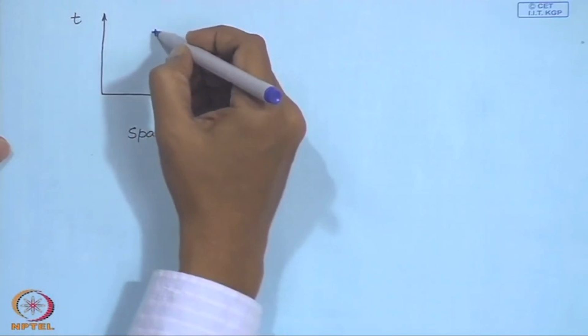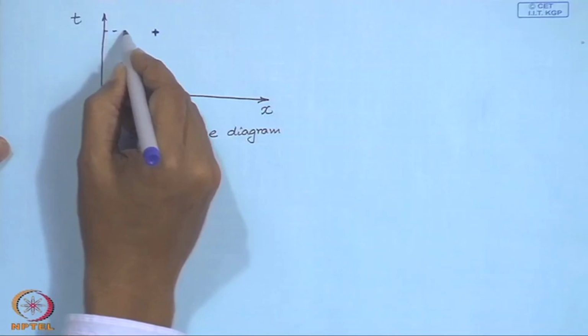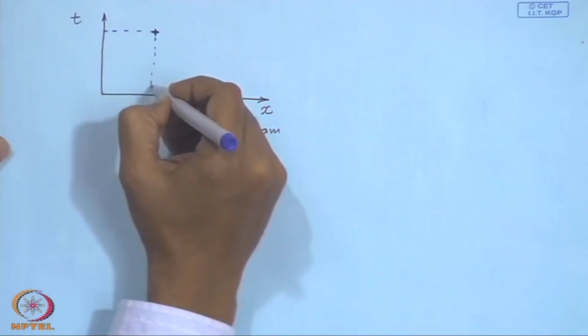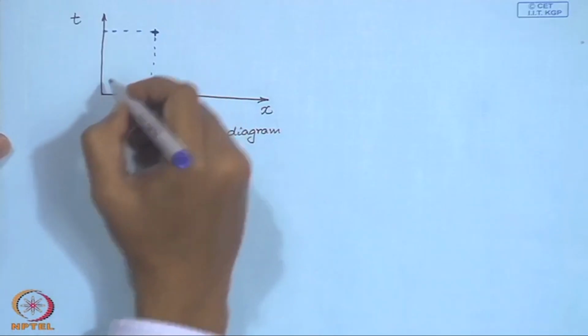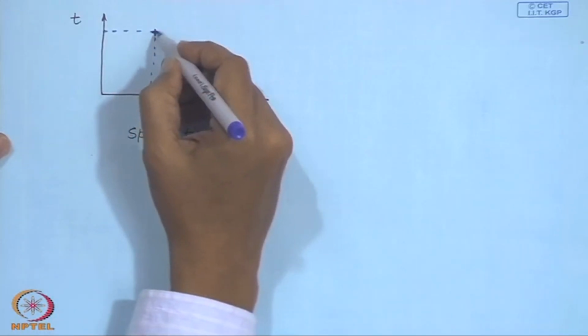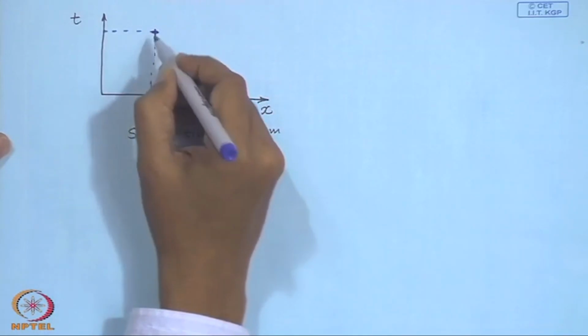See, this point is at a certain t and at a certain space location. So, this is known as an event. So, the solution here will depend upon